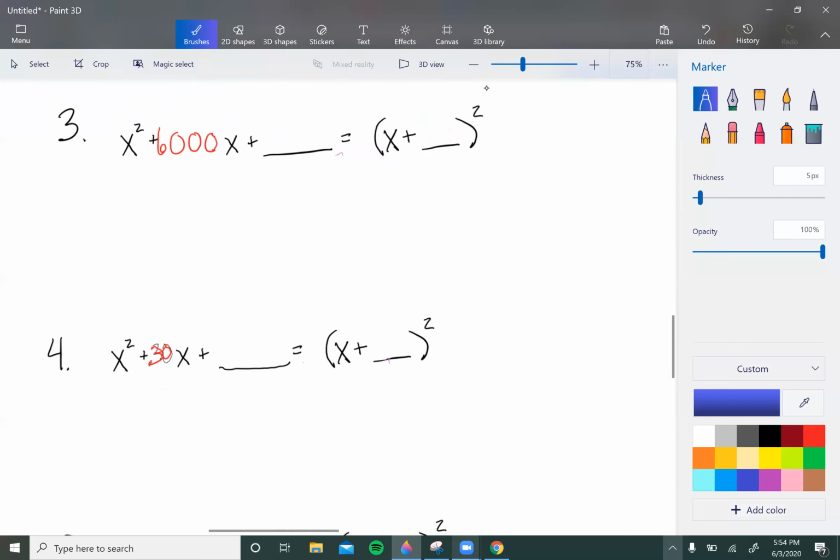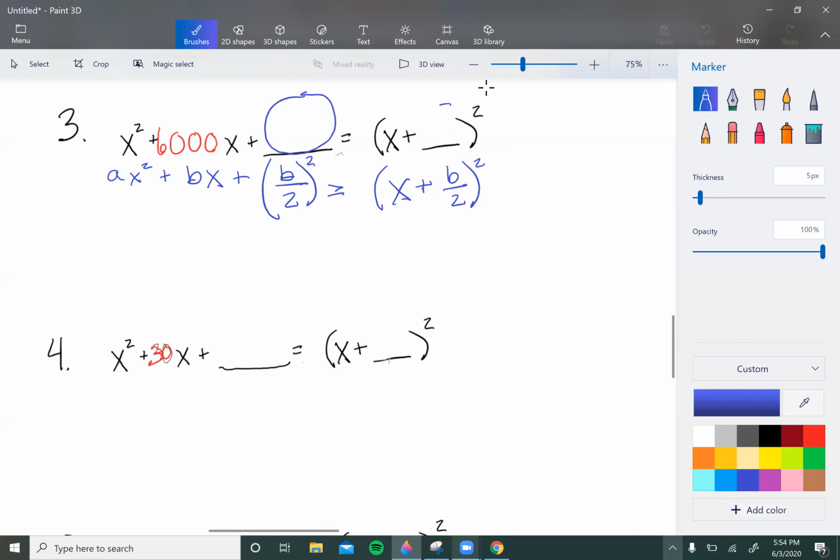So our formula, once again, is a x squared plus bx plus c, or instead of c, it's b over 2 squared equals x plus b over 2, which is half of b. So all we need to know to fill in these two blanks is b. Our b value is 6,000. Now, I did not come up with that number, Jason did, so blame him. 6,000 divided by 2